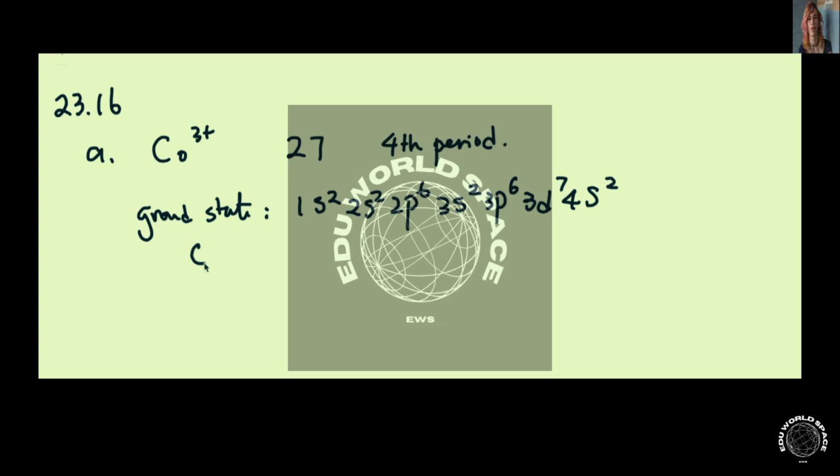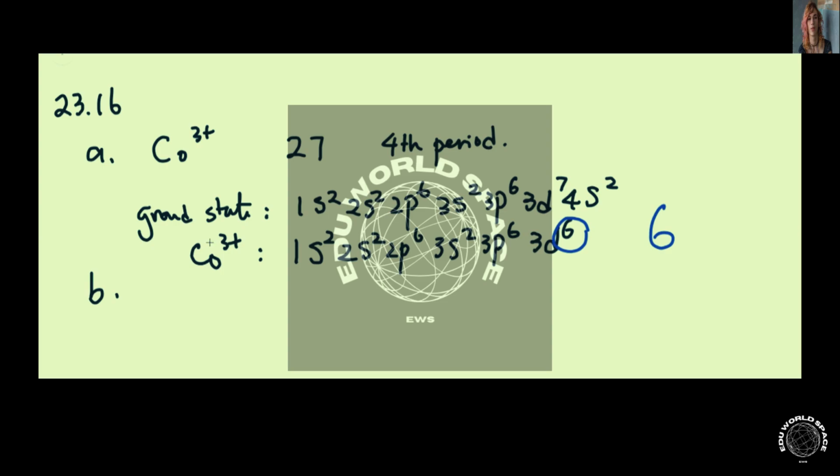So cobalt 3+ loses 3 electrons. As a result, it will be 3s2, 3p6, 3d6. So that is the electronic configuration for Co3+. So the number of valence d electrons will be 6. All right, part B, we have copper